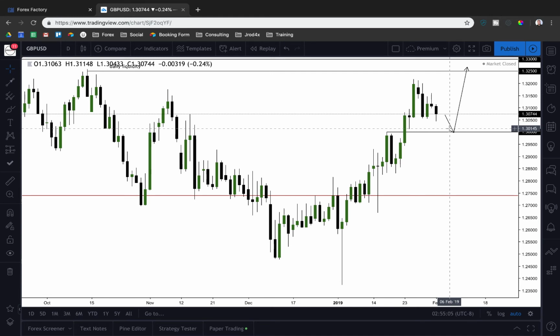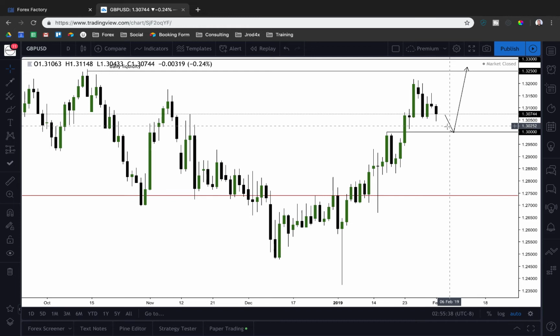So we do want to make sure that we drop down to the lower time frames from there, and that the market is proving to us that it's going to go higher. How we know that is by the market forming higher highs and higher lows on the lower time frames. If you're analyzing on a daily, you're probably going to want to drop down to about a 1 hour, or even lower. You can go into about a 15-minute chart, and that would be the lowest I would suggest when you're analyzing off the daily at least. You want to see higher highs and higher lows forming.